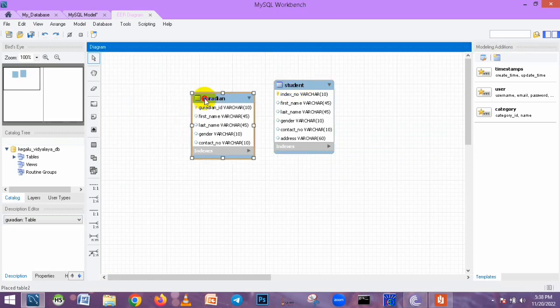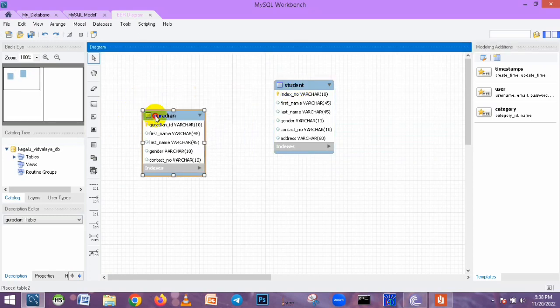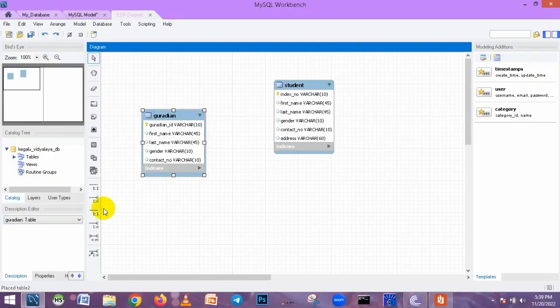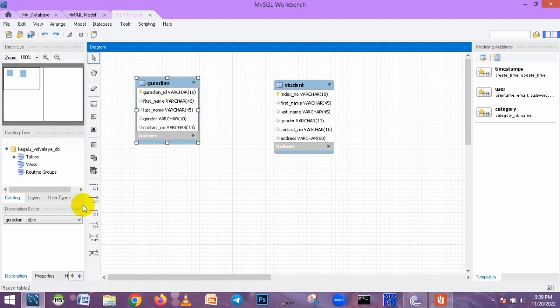Now we need to connect these two tables with relationships. So in my question series we talked about what the relationships are, and we have non-identifying relationships, one to many and many to many, and also for both many to many and one to many relationships, we have the identifying relationship type in the MySQL app. And now we want to use a one to many relationship to connect that guardian table and